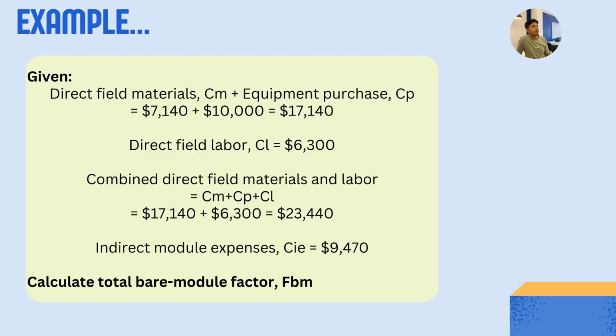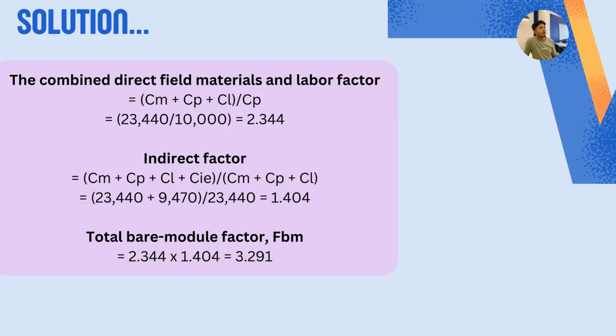So for example, given is direct field material CM and equipment purchase CP, and then direct field labor CL, combined direct field materials and labor CM plus CP plus CL, and also the indirect module expenses CIE. So the question asks to calculate total bare module factor FBM. So to calculate total bare module factor FBM, first we need to calculate the combined direct field materials and labor factor, which is CM plus CP plus CL divided by CP, and we got